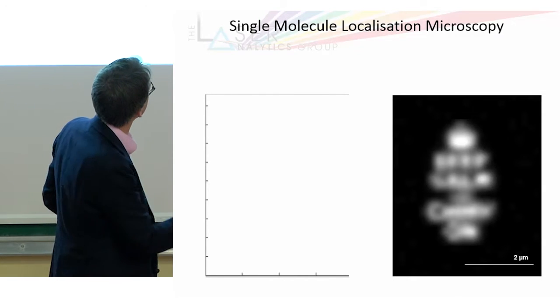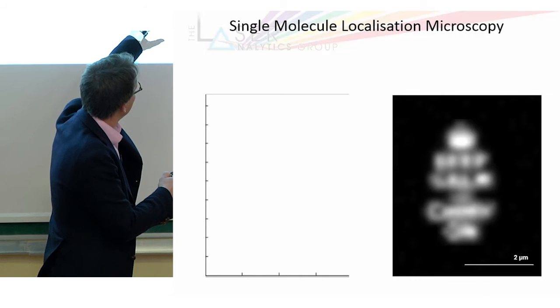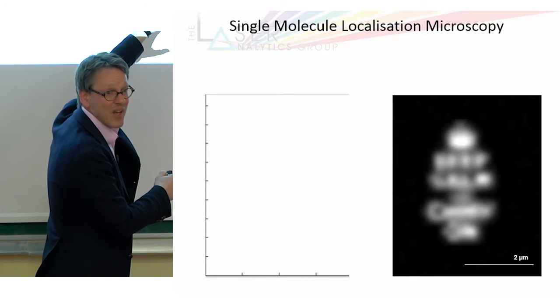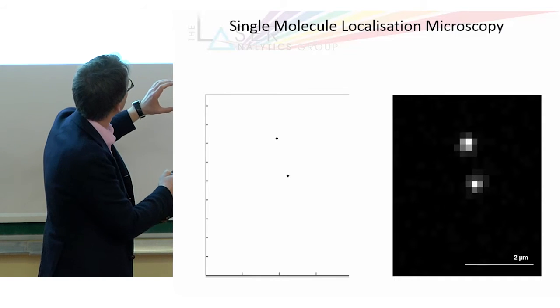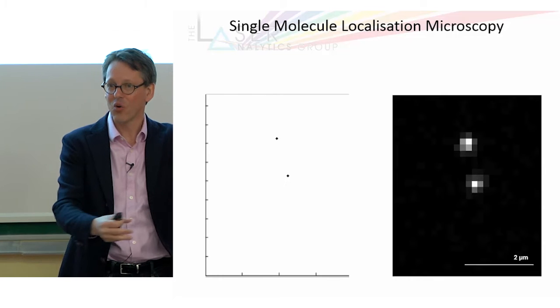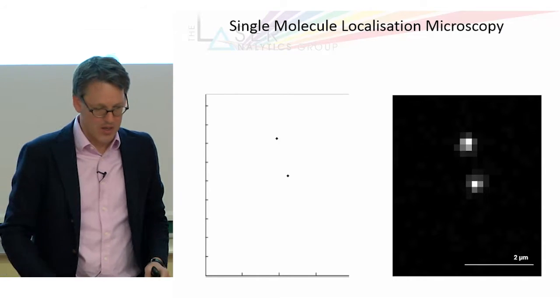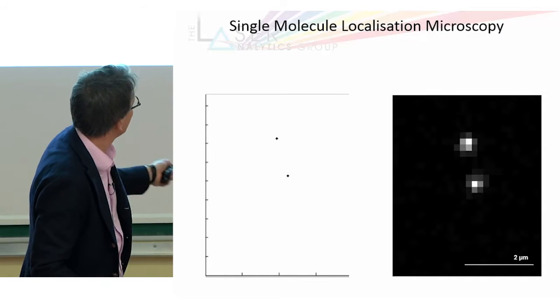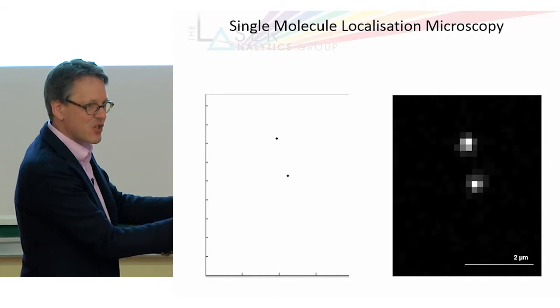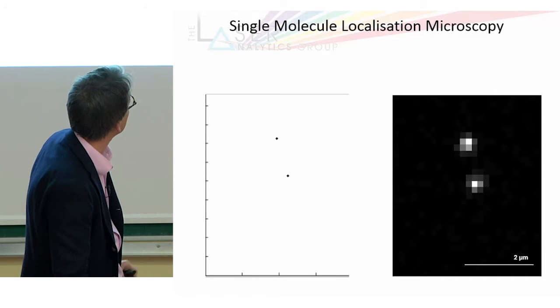So all these fluorophores are emitting. Imagine there's a fluorophore sitting here. In the image plane, it gives me a 250 nanometer spot. The molecule next to it, 250 nanometer spot, but they're all overlapping. All these spots are overlapping, I get image blur. So by switching all the molecules on at once, the point spread functions all wash out with one another and give me image blur. So instead, consider